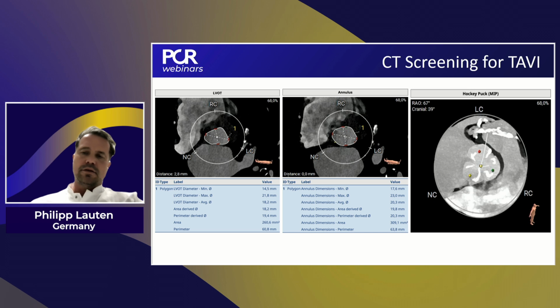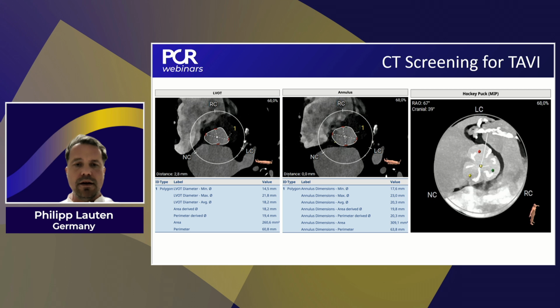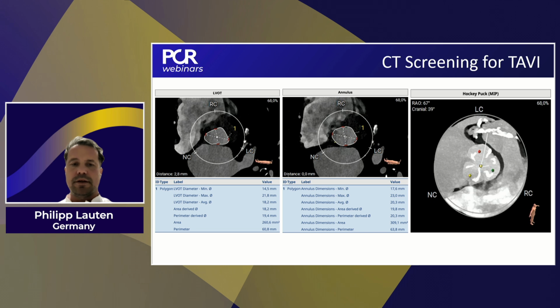So we start our screening for TAVI with our heart valve nurses in the LVOT. In the LVOT area, you see a really small anatomy with 18.2 millimeters. This very small perimeter is what you use for the valve sizing and valve choosing. And also, if you go to the middle frame, we see a small annulus with 20 millimeters in the tricuspid valve, also a little bit cut on the coronary artery disease. And the next